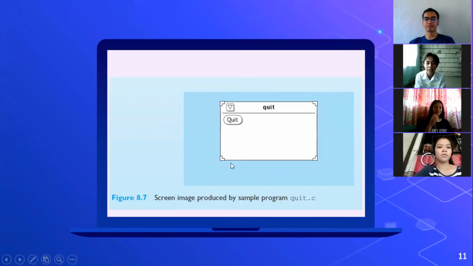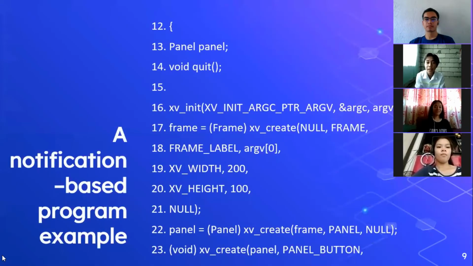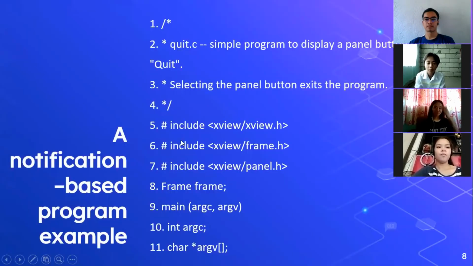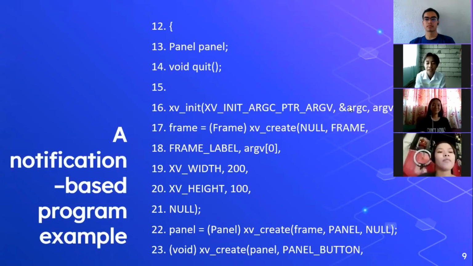Panel. Panel is the flow layout manager. Void. Void means this method doesn't return a value. It has to be defined in the method declaration. So, sa line 16, XV. So, mga hindi pa